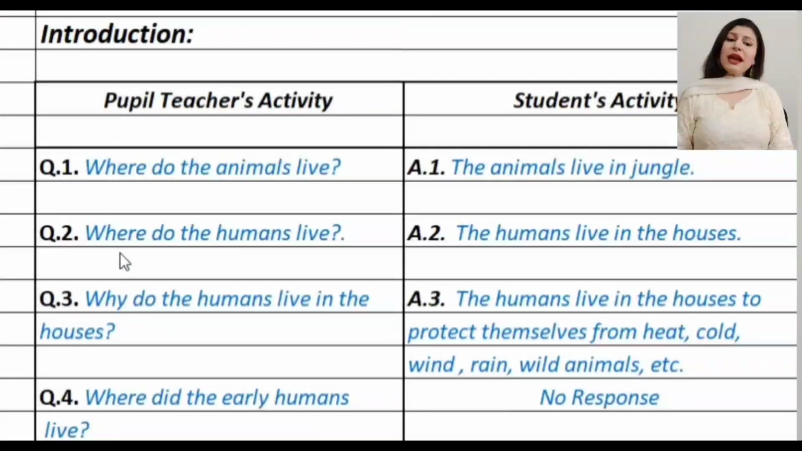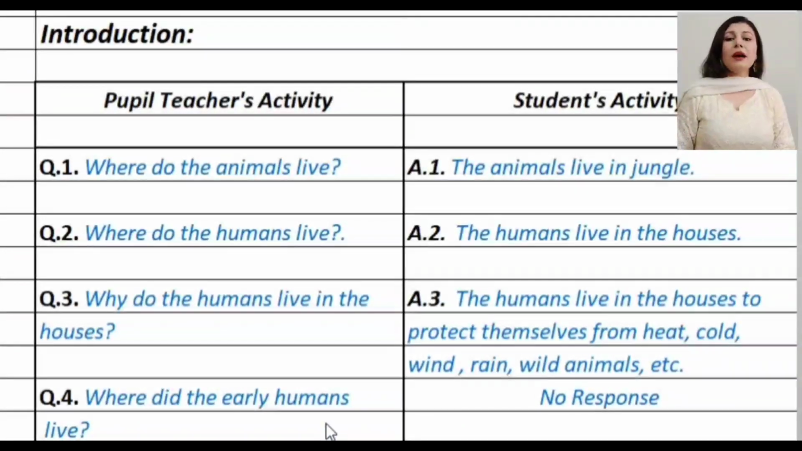And the second question can be, where do humans live? So the answer can be, humans live in the houses. And the third question can be, why do the humans live in the houses? And the answer can be, the humans live in the houses to protect themselves from heat, cold, wind, rain, wild